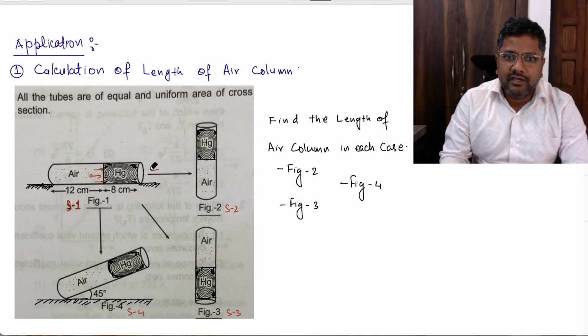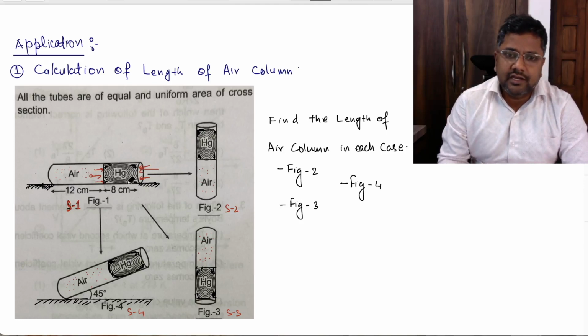And from here the atmospheric pressure, meaning the molecules outside this tube, will strike, and see, this mercury is stationary here, so the whole system is under mechanical equilibrium, right? The whole system is under mechanical equilibrium. Mercury is stable, the air column is now stable, and here is the external pressure.